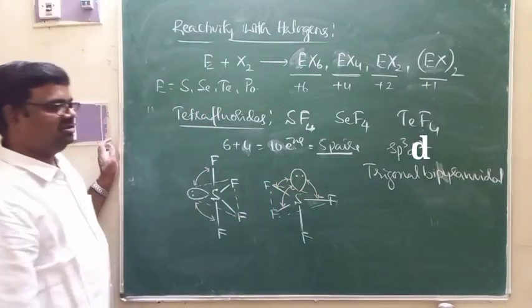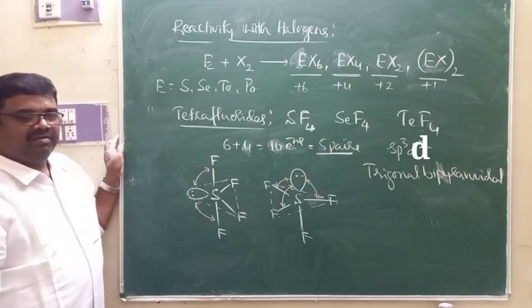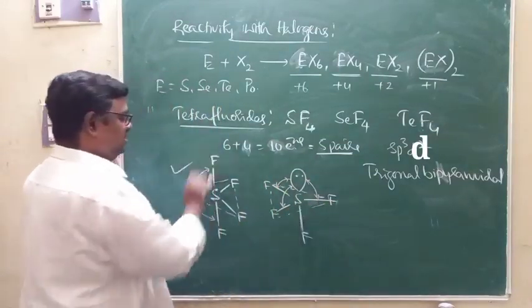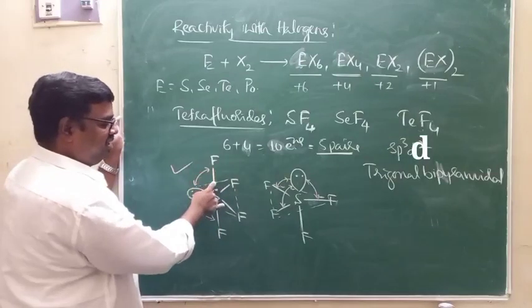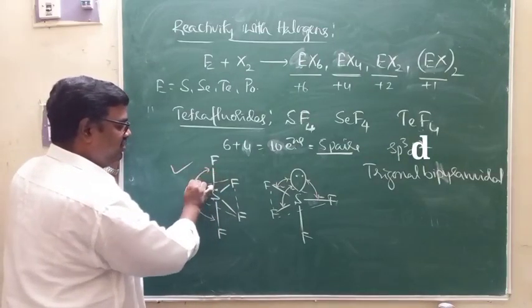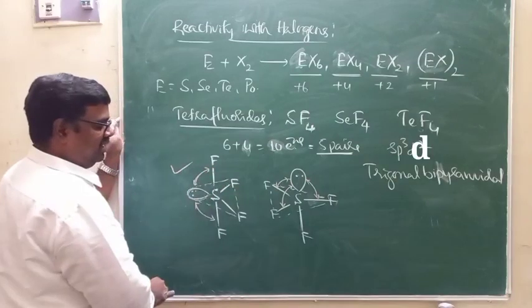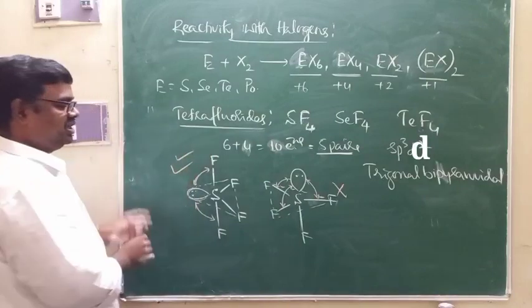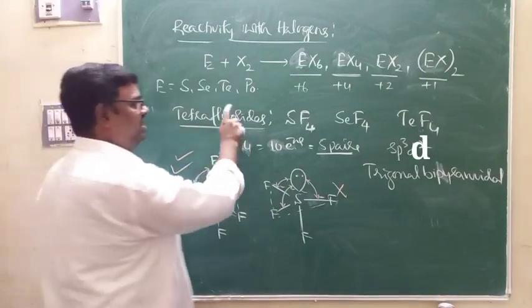ನೋಡಿ ಎಷ್ಟು repulsions ಆಗುತ್ತೆ? 3 repulsions ಆಗುತ್ತೆ. When the number of repulsions increases, stability decreases. Therefore, this is the structure with the lone pair of electrons at the equatorial positions suffers 2 lone pair bond pair repulsions. Therefore, it is less stable. And of course, this is preferred structure of SF4 ಅಥವಾ EF4.